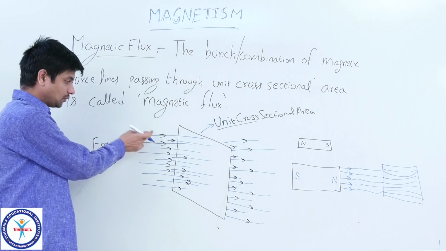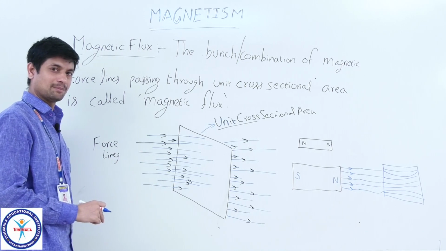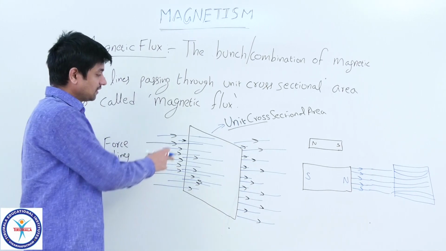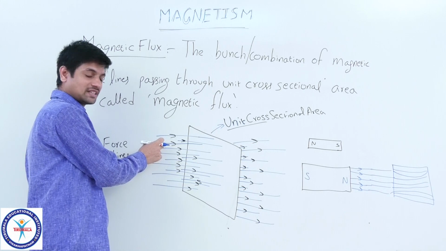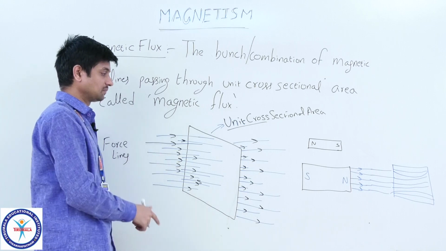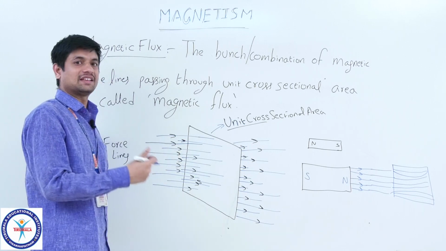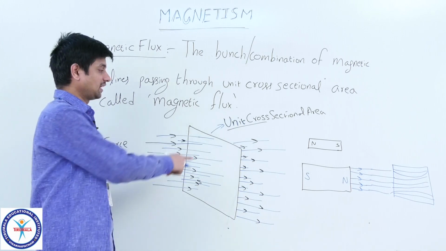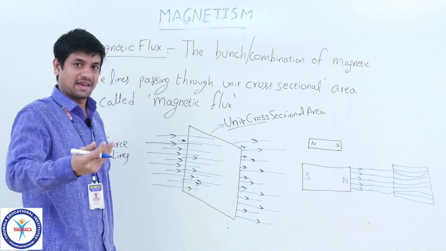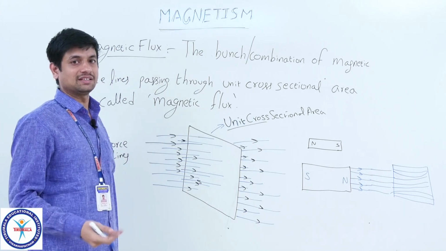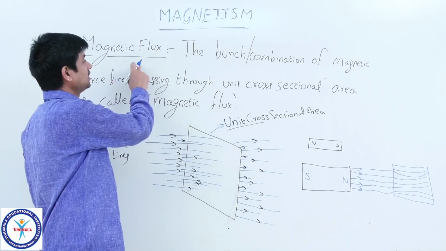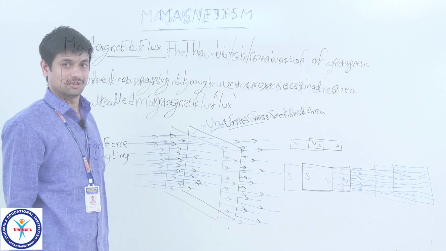Magnetic flux means, simply, if you take these imaginary force lines from any magnetic source, a bar magnet, solenoid or any electromagnet, if those sources release a magnetic field, I assume that magnetic field has force lines. Look at this. How many lines are passing through that material, if I take some cross sectional area of that material? If more lines are passing, magnetization will be more. If fewer lines are passing, less magnetization will occur. So, to know that factor, we need to calculate this magnetic flux.